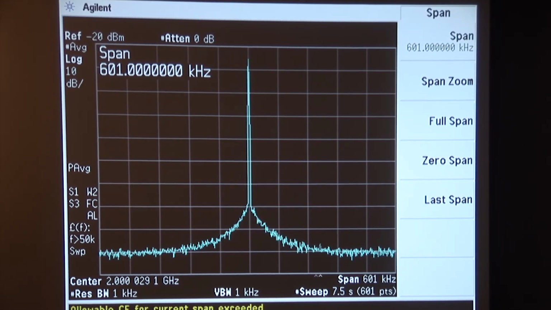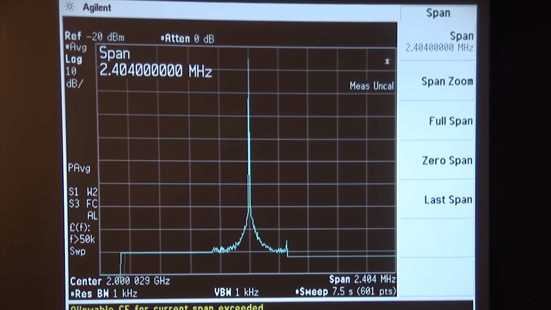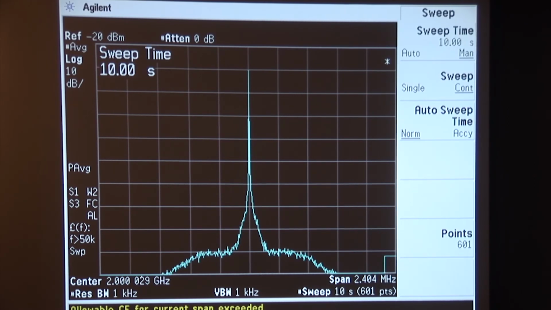I'm going to actually show this by going from 601 kilohertz to a span 4 times wider. That'll be 2404 kilohertz. So go span 2404 kilohertz. Now let's watch and see what happens. Again, we'll have to slow the sweep time down. There we go, 10-second sweep time. Now what's happening is we're actually missing 3/4 of the spectrum in this span in our measurement filter bandwidth, because